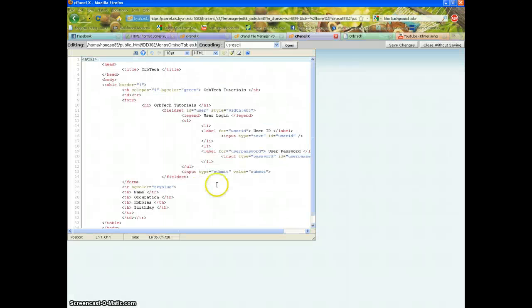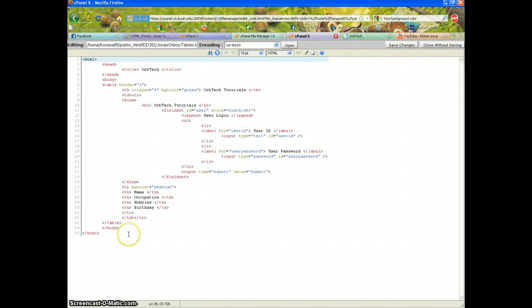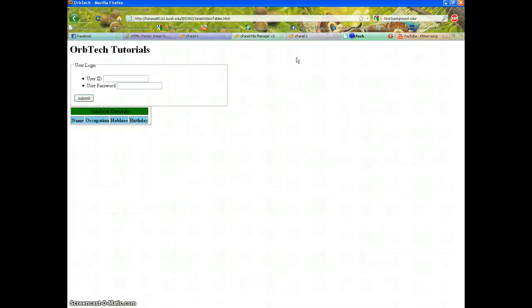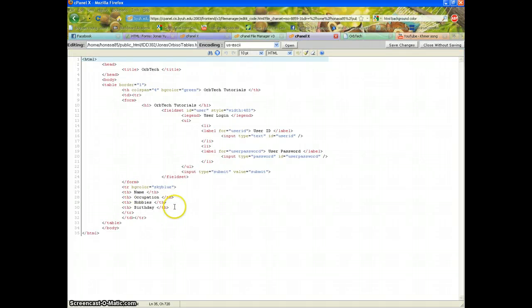So we will also embed a video, the one that we made before, on the bottom, but I would like to put some information here for name, occupation, hobbies, and birthday. So it's very simple. We'll just make another row, tr, then our closing tag of this new row that we make, and we just write in my name,